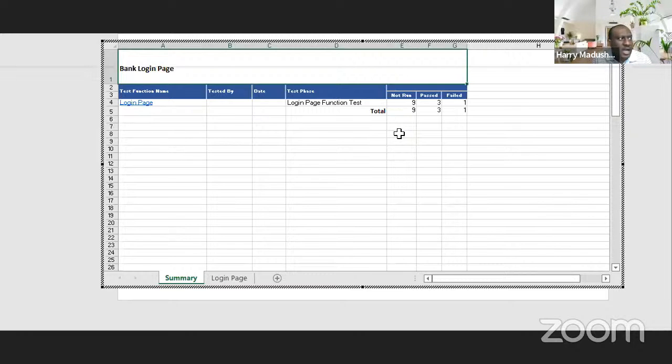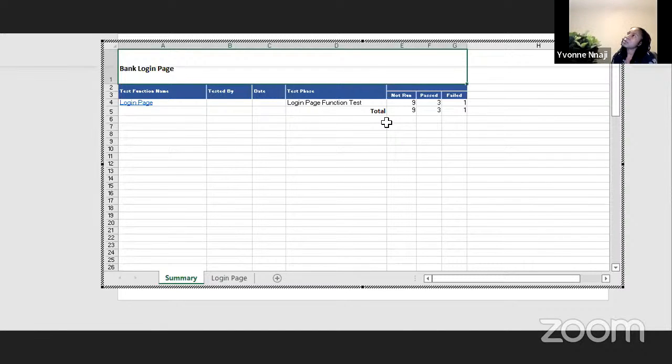The second question is, what is the role of a business analyst in testing? Well, I'm a BA, but I also do testing. As a BA, you will wear so many hats, and it depends on your company. Again, some companies like to split the roles. This person is the QA person, this person is the developer, and so on. But as a BA, you might have to be involved in testing, because